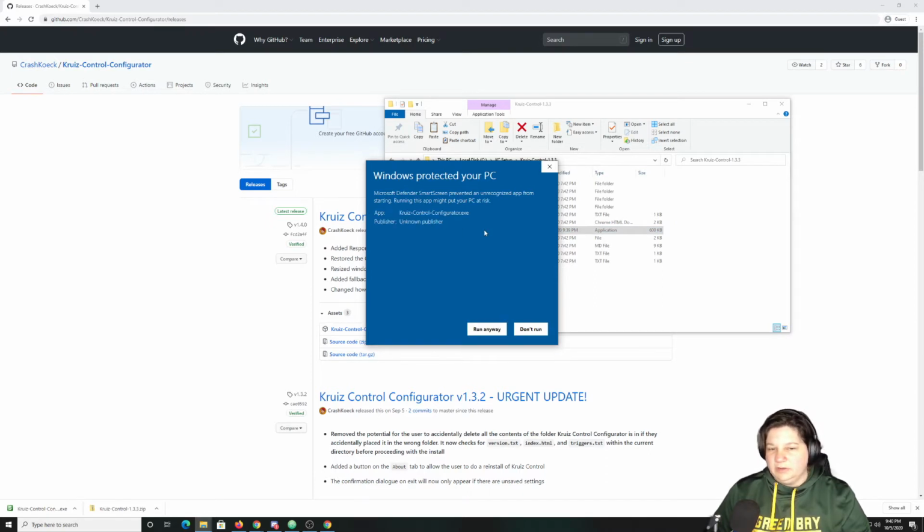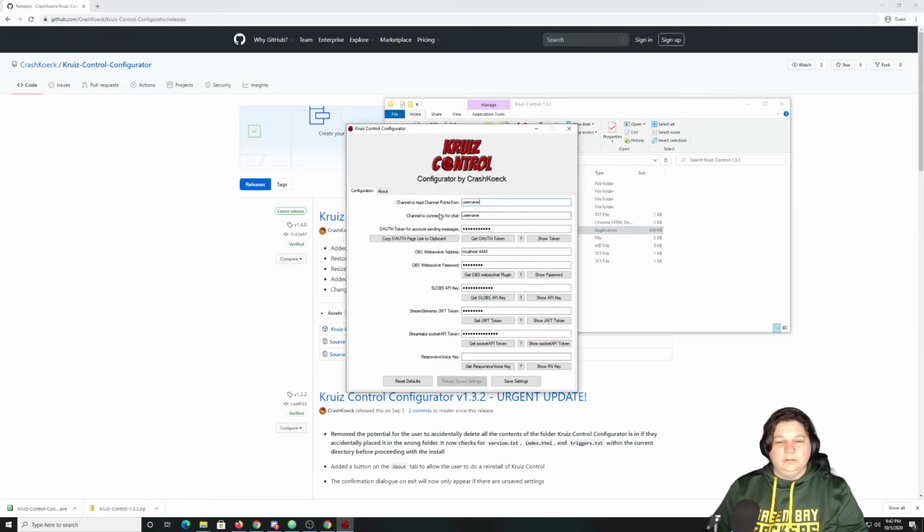Crash doesn't have a Windows license or Microsoft license for it. So you just have to run at your own risk. So we hit run anyway. So you can see in here, Crash has all of the settings that need to be entered for Kruiz Control